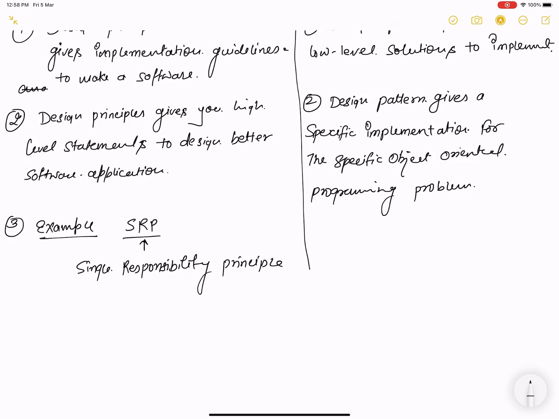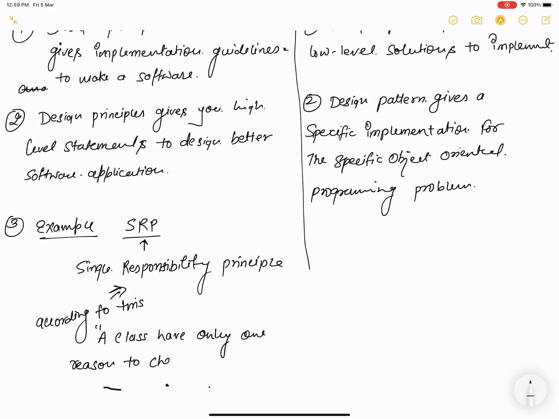According to the single responsibility principle, a class should have only one reason to change. That is the example of SRP.